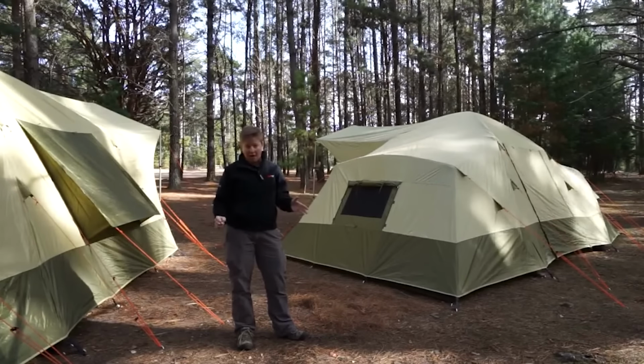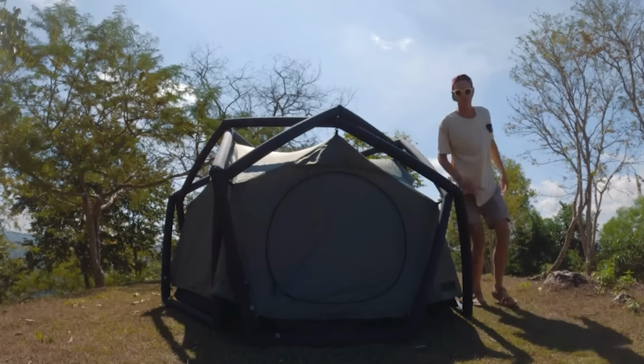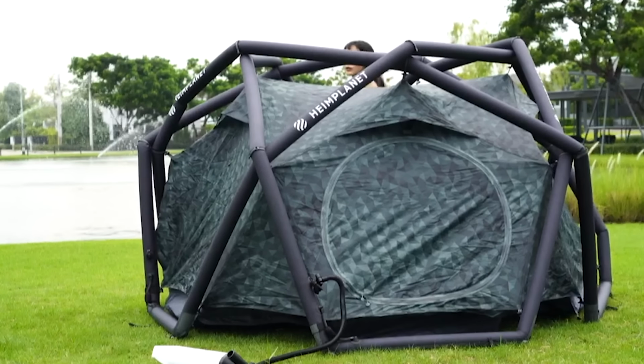It has all of the other particular nonsense that you would expect after having seen a bunch of these other kinds of tents. You know, things like vents and windows, spacious areas to lounge in, places for storage, and all of that jazz. And outside of it being purported to look like a cave, there's really nothing special about it that sets it apart. It does come in a whole lot of different sizes to suit different groups and camping needs,